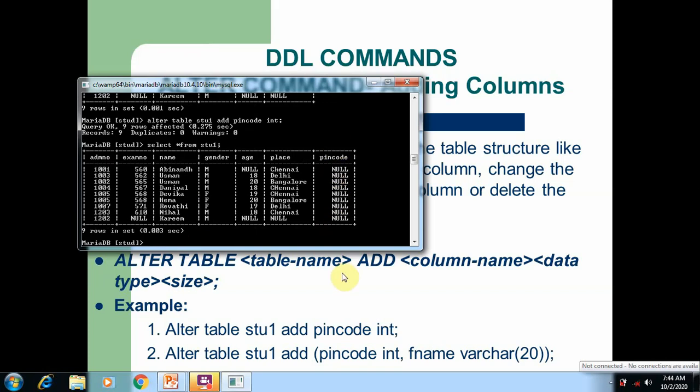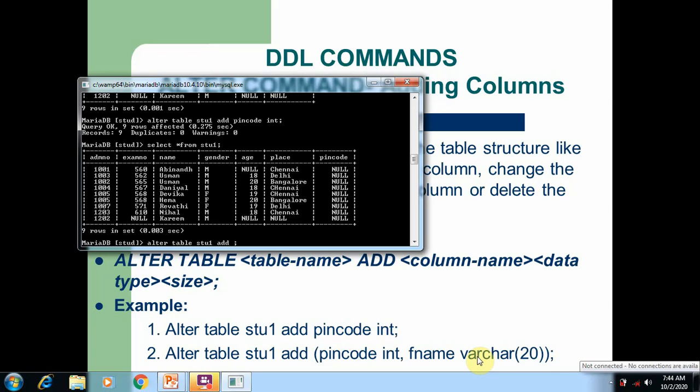In the same way, if you want to add more columns, here you can see in this command we added 2 columns, namely pincode as well as f name, that is first name. So we can also add more than 2 columns to a single table. Now I'm going to execute this alter command to add more columns at a time.